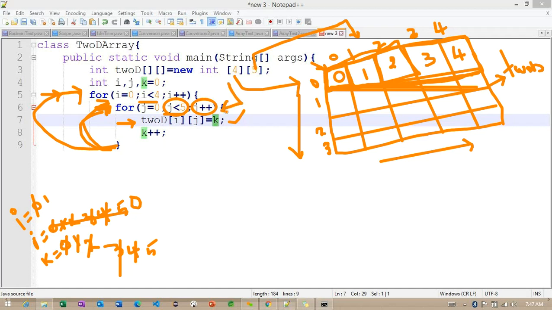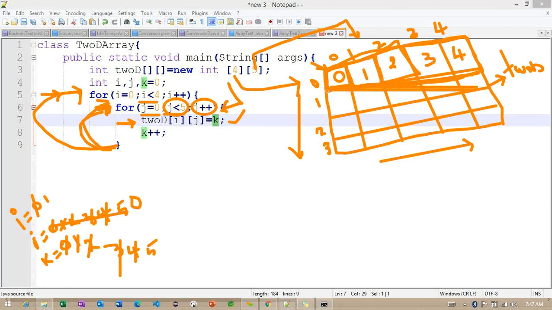Whenever it enters this particular j block, what we are doing is initializing it with 0. So again we are initializing with 0, and now the j value will become 0 here. So 0 to 5 will go on. Again it's coming back to the 0 location. Now we need to focus, this is so important here. 0 less than 5, the condition is going to be satisfied.